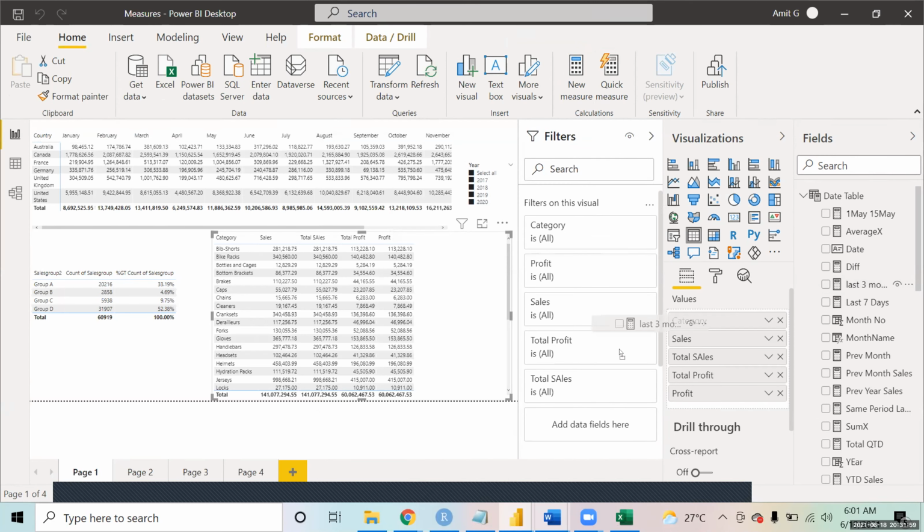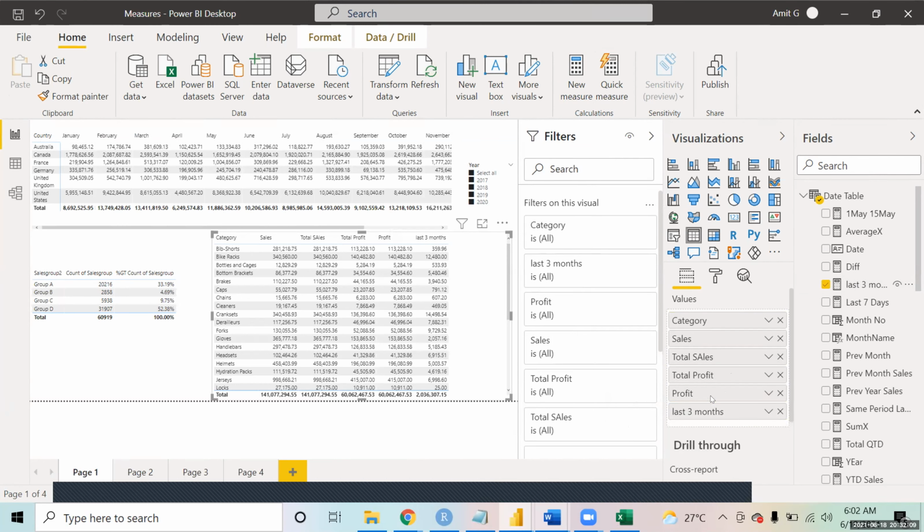So Harsha, when you use dates between, you have to give the starting date and ending date explicitly. But in this case, you're simply saying that you want to go 3 months back, 3 years back. If you want to go 3 days, 3 weeks back, you would be writing all the things over there. So this dates in period becomes a little handy in that case. You just have to write that you want -3, -6, whatever you want. So you see now it has calculated the last 3 months.